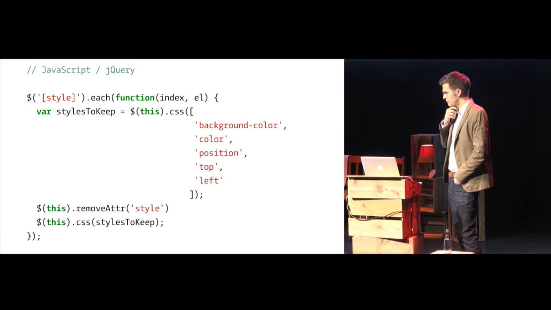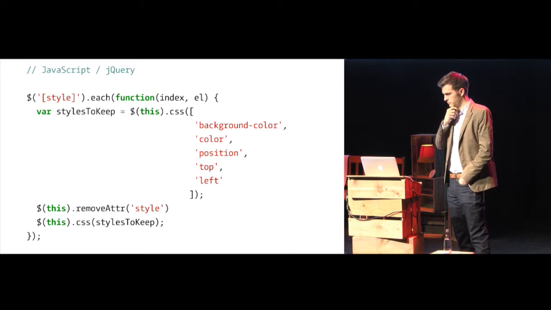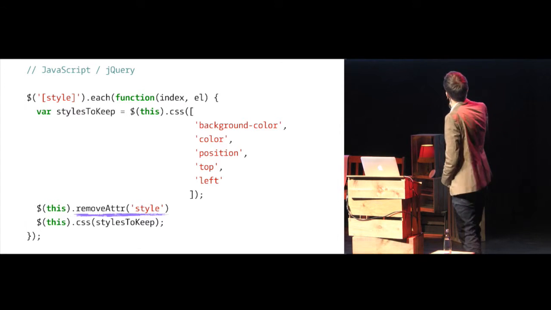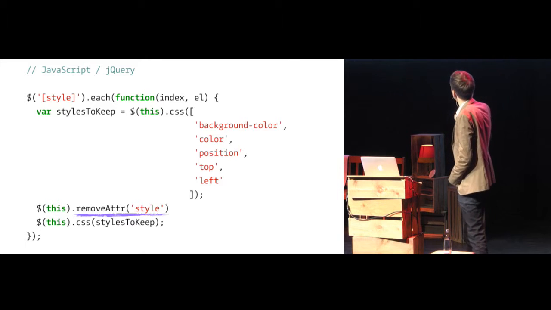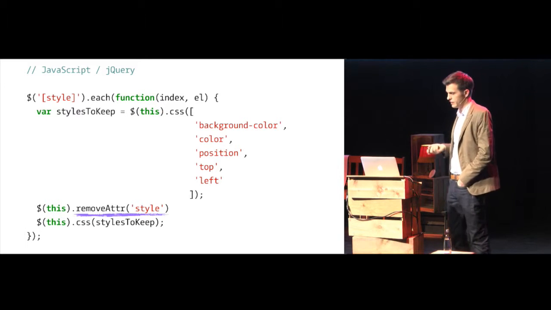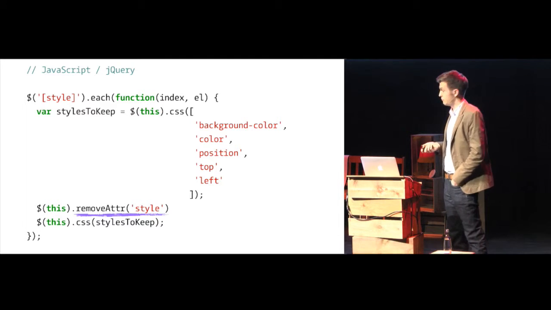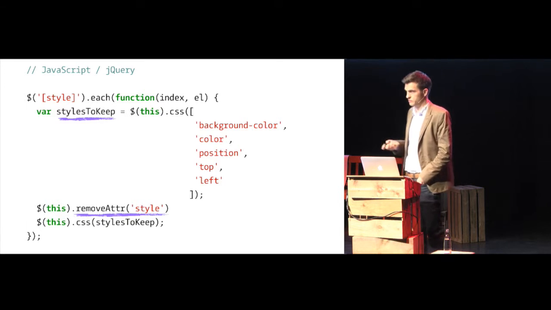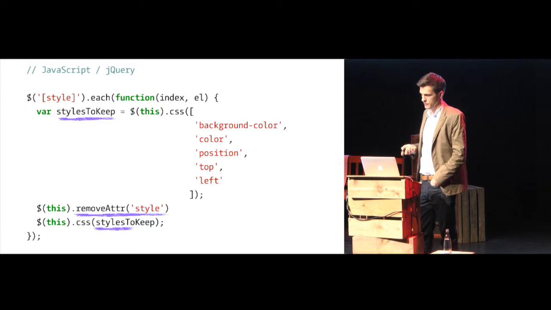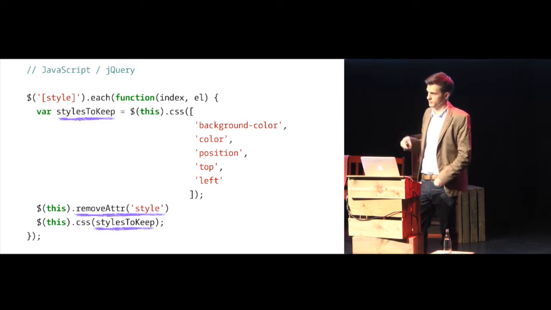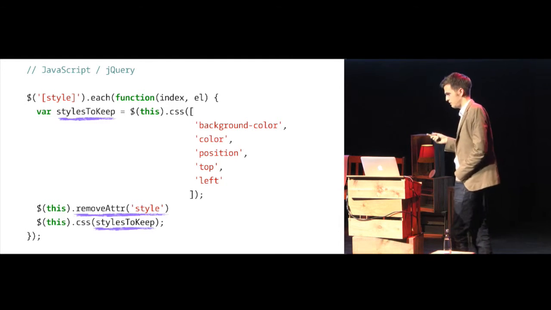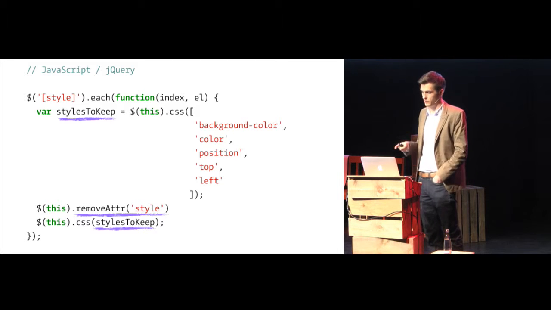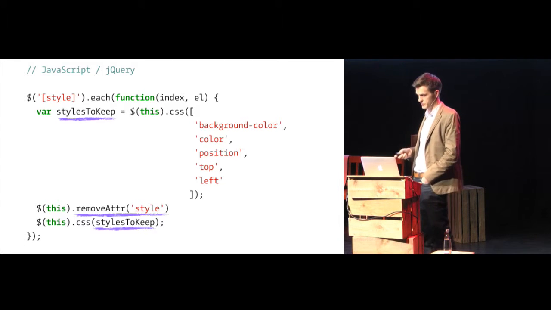I use a simplified version of this. It's JavaScript in the web view. It loops through all the elements up there. Then it removes all the styles from the inline styled elements. But first it saves all the stuff I want to keep, like maybe I want to keep the background color or position in some cases. And then I reapply the inline styles that I had saved temporarily. So yeah, this is still not very elegant, but it works really well, and it's incredibly fast, way faster than doing this with CSS.